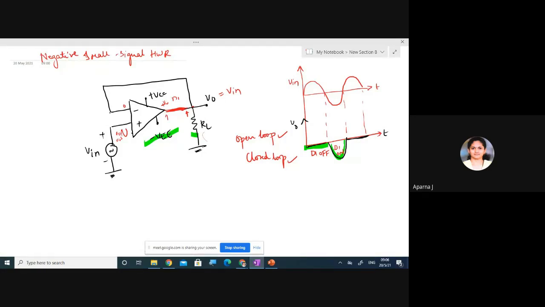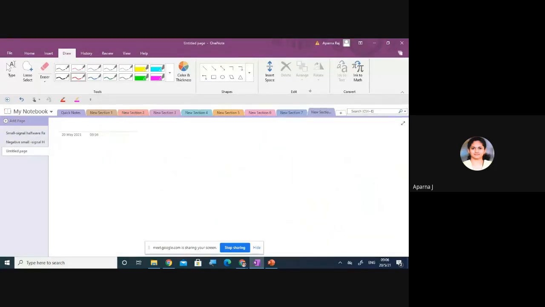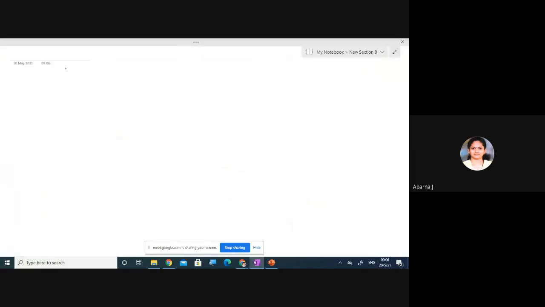That switching is not good, because even though op amps are efficient, it takes more time. So in order to improve its efficiency, we'll be taking one more circuit where there is no open loop configuration. In both the cases, we'll be having a closed loop configuration. So now let us go through that circuit, which is negative. Similarly, you can do the same thing for positive also.